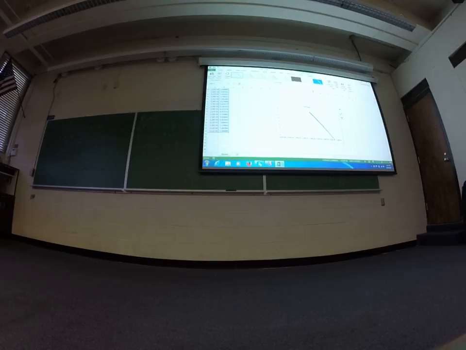Remember the T against the Ln vapor pressure? It certainly had curvature. Look at this. It's pretty much a straight line, right? If you look at that plot, you can see